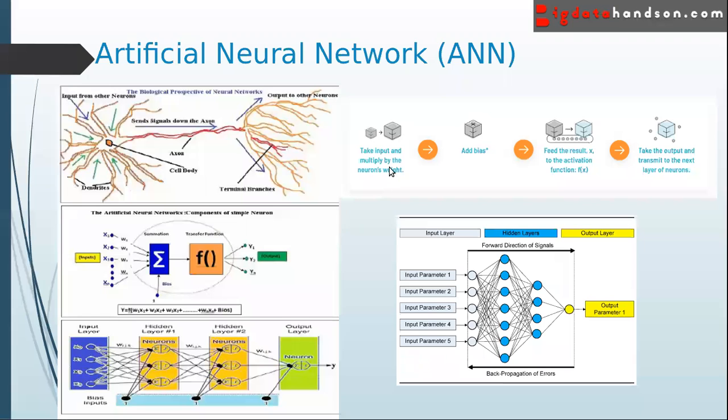The process you can see here: take the input and multiply by the neuron's weight. Every neuron has a weight, and we multiply the input by the weight, and then we add a bias, and feed the result to the activation function, the f function, right? We feed the result to the activation function and it gives the output. Then take the output and transmit it to the next layer of neurons.